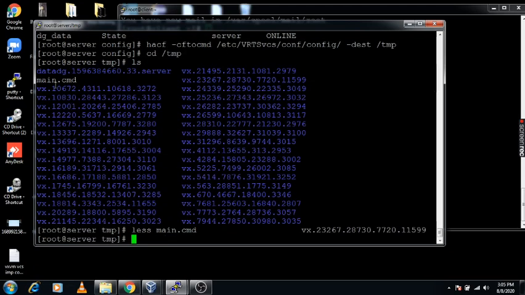Under this main.cmd you will get the commands which I have used to configure this VCS setup.